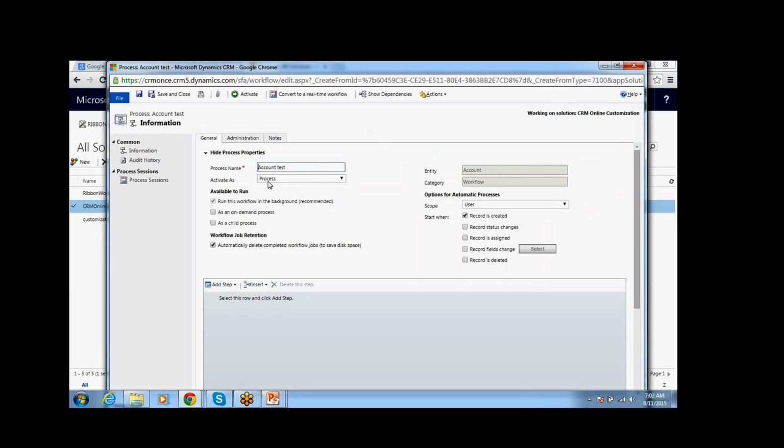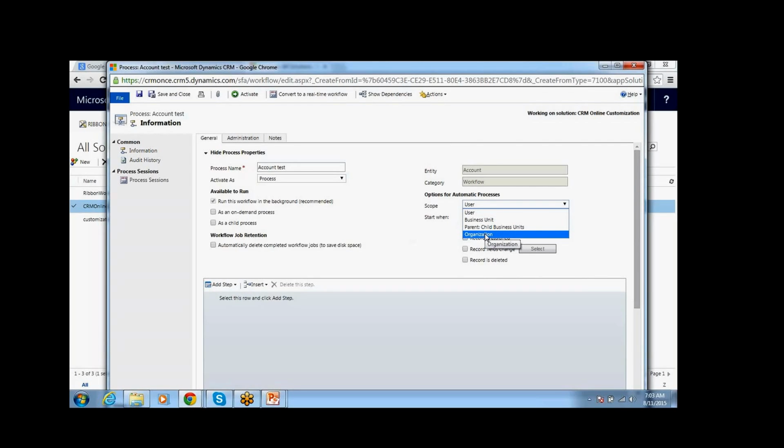It will open this window once it is created. Here we can unselect this one, because the system jobs will be deleted automatically. The first option we can see is the scope. The scope can be user, business unit, parent-child business unit, and organization.